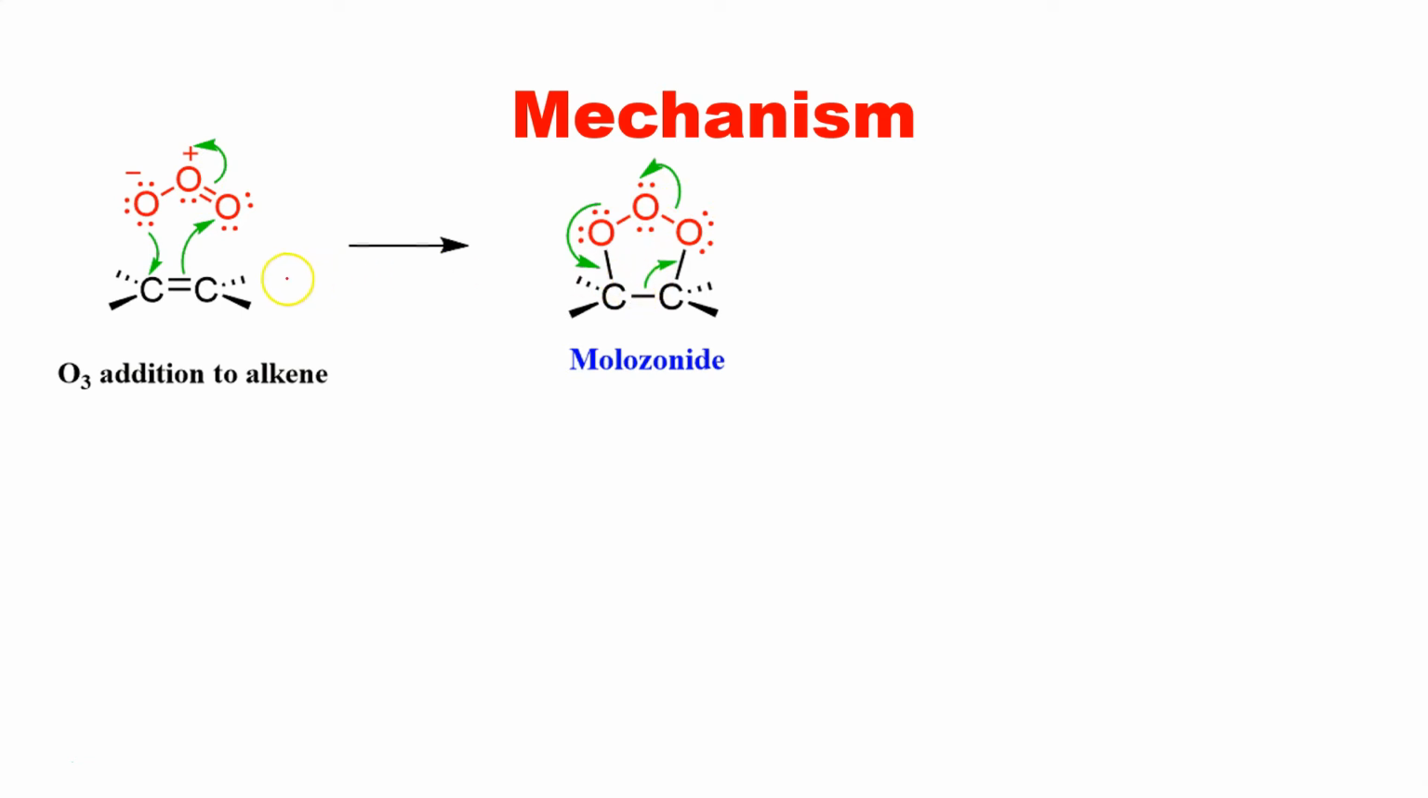And now the pi bond which was between the carbon and carbon has broken and has given a lone pair of electrons towards the oxygen. So this has formed a new bond. Now this molozonide,